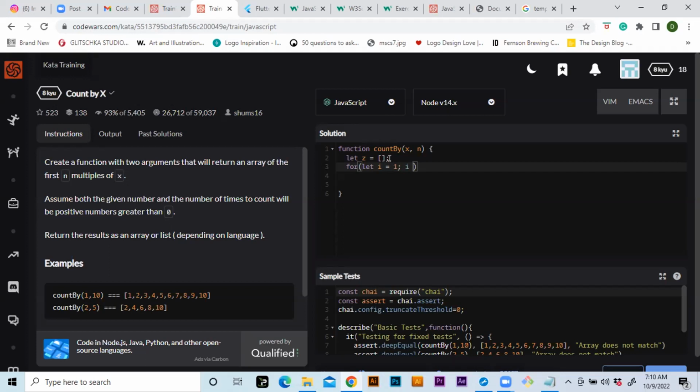Because i is starting at 1, and we're assuming the numbers are going to be greater than 1, then basically what's going to happen is